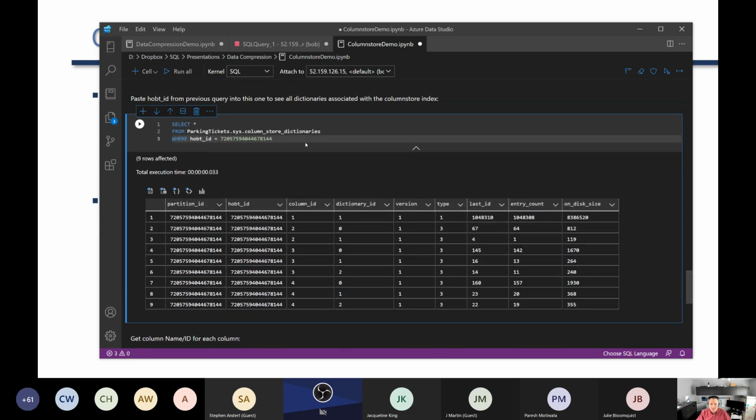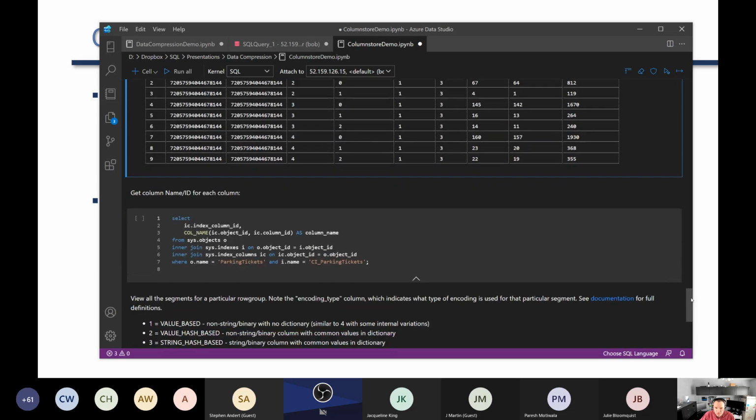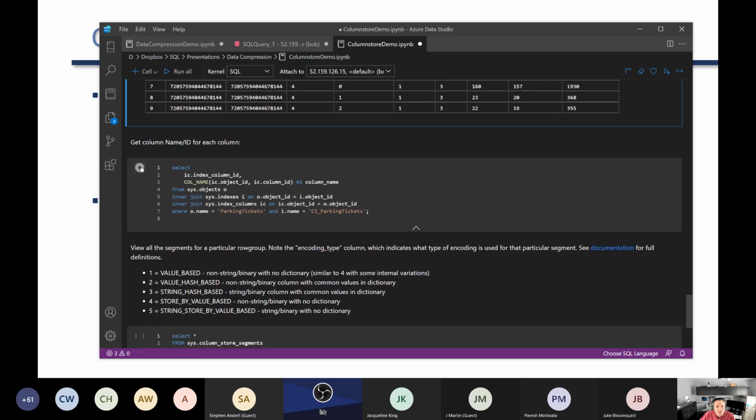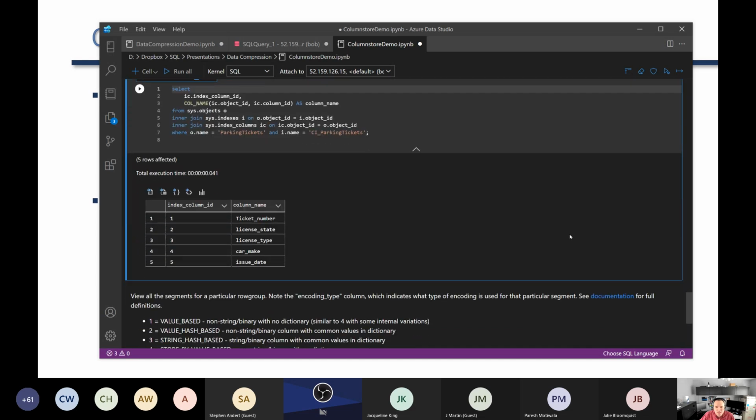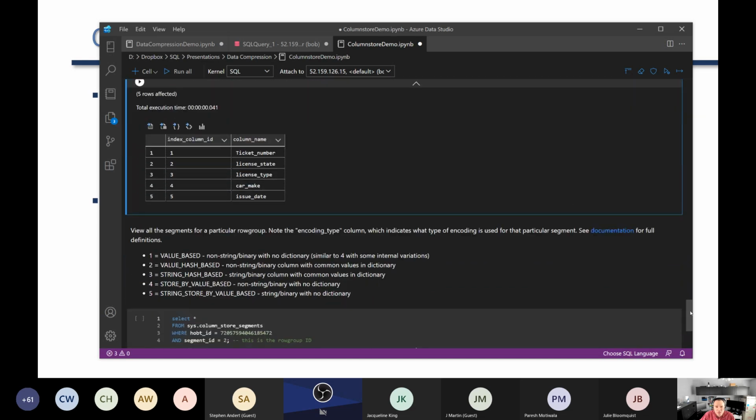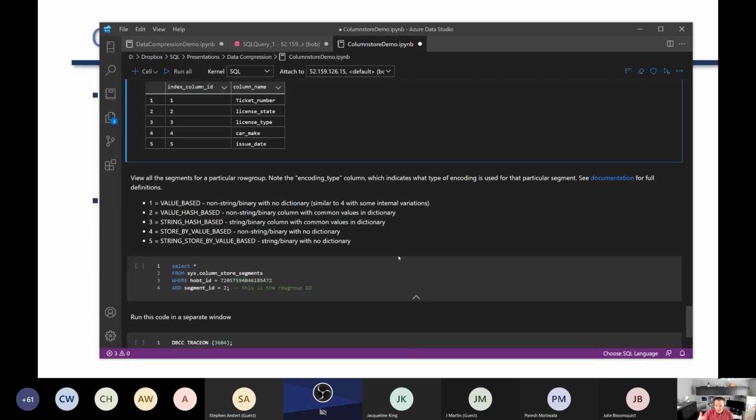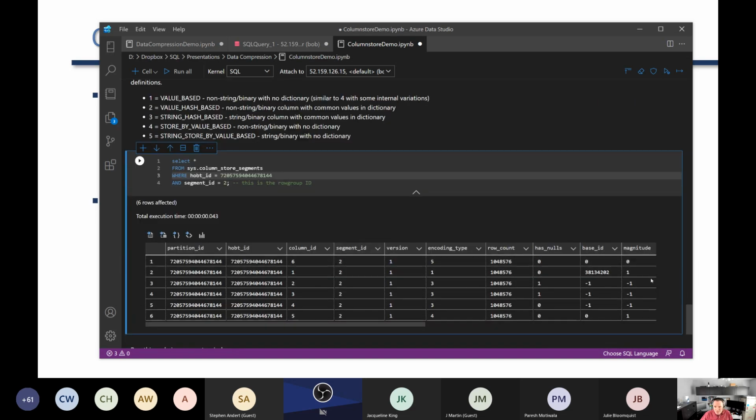So there's a view for that, sys column store dictionaries. You'll see we have a partition ID. These are the column IDs. These are the dictionaries, and what type of dictionary they are. Sorry, I'm going really fast here at the end. And if we were to run this, we will see, okay, these are the actual indexes that we put in this dictionary. So it will tell you how they're actually being stored based on the compression types that I worked through previously in the presentation. So if I were to plug that group into this ID, we will get